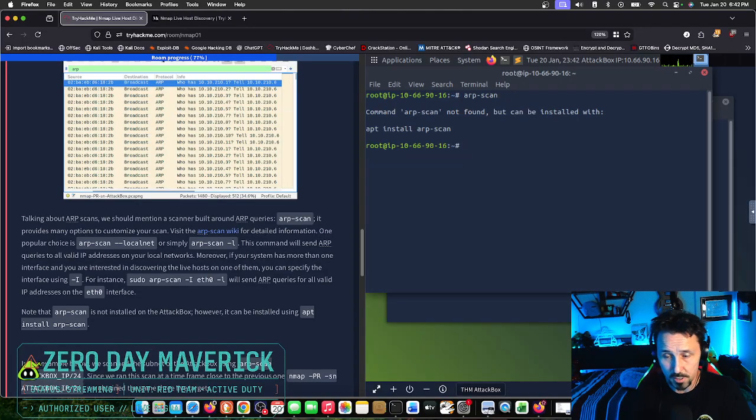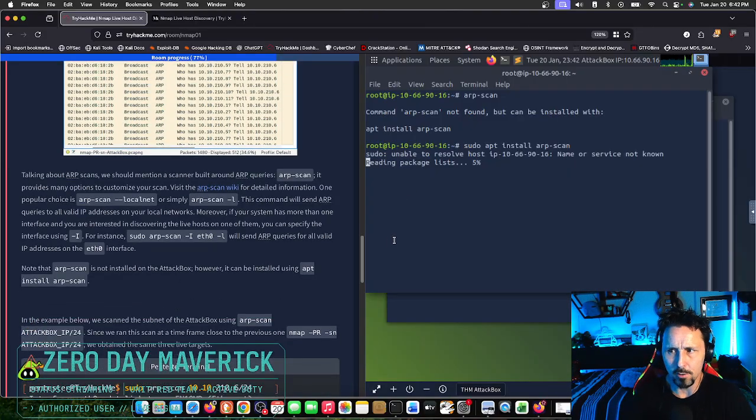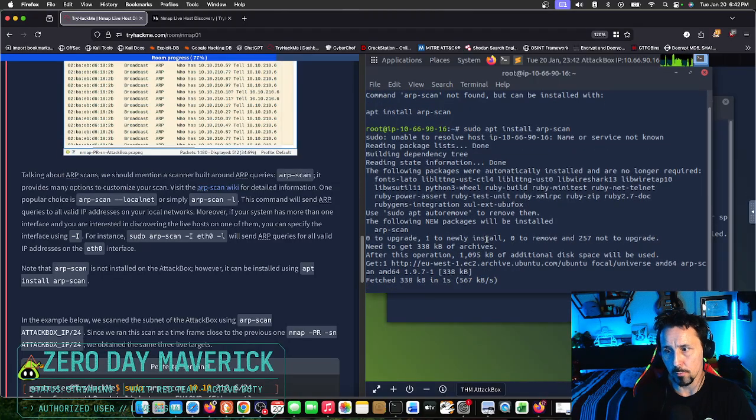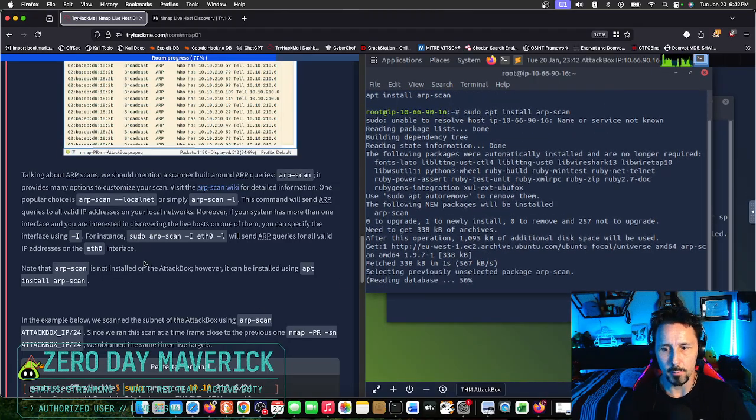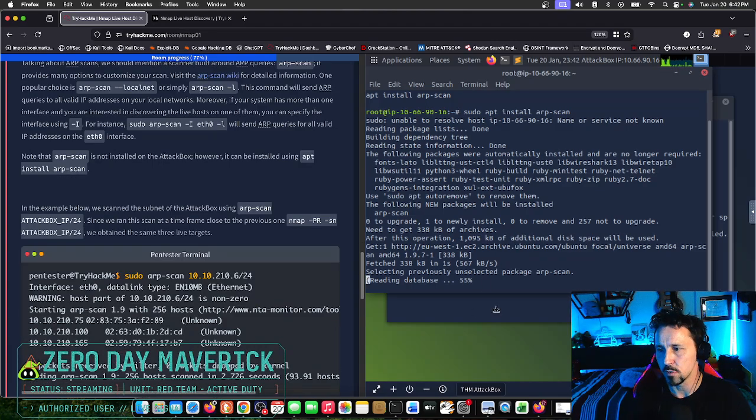So you could also sit here and say, I want to download it. So you go sudo apt install, and you would say arp-scan, and that would put it on the local machine, which is basically what this whole thing just goes over. It's downloading it now. Okay, so this is just downloading the package. So from here, you can go ahead, once it downloads,